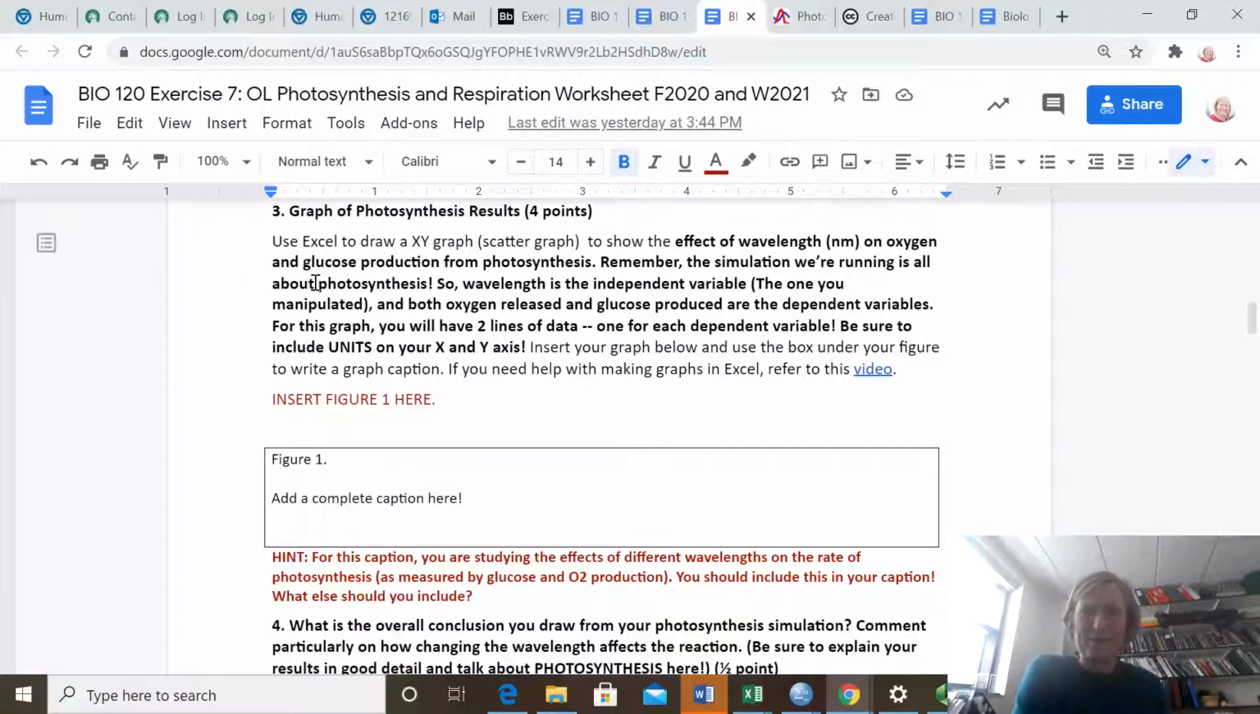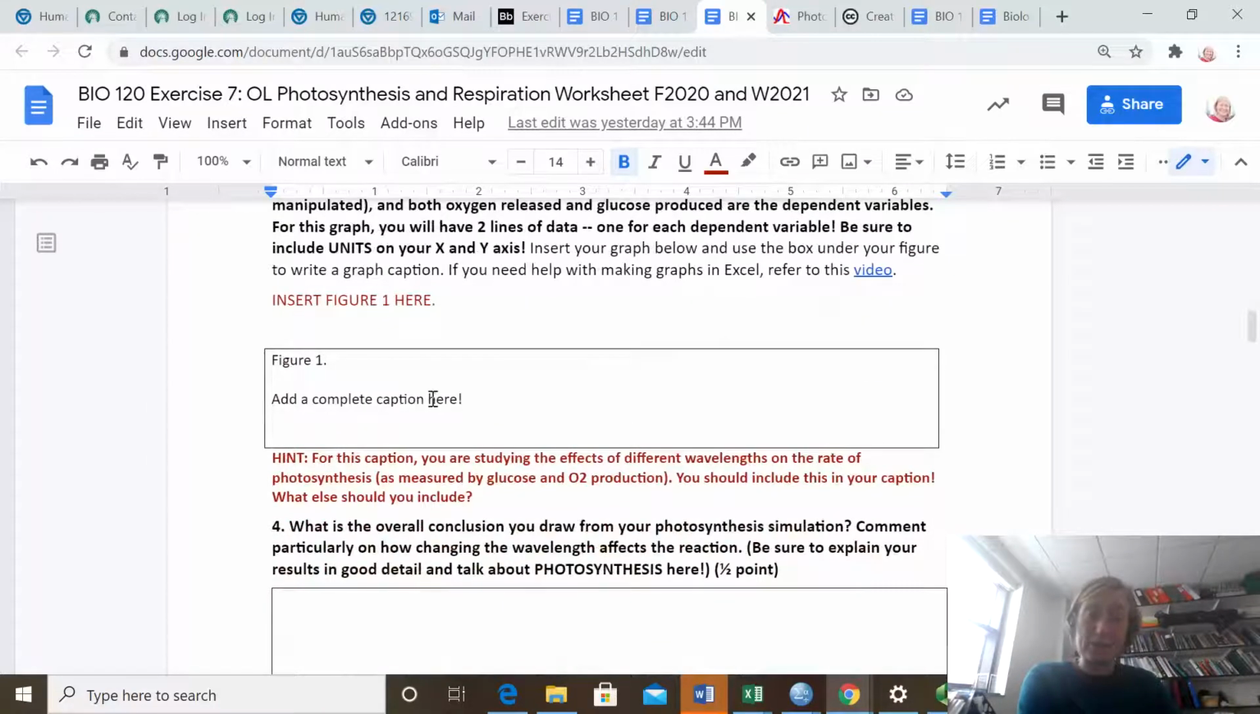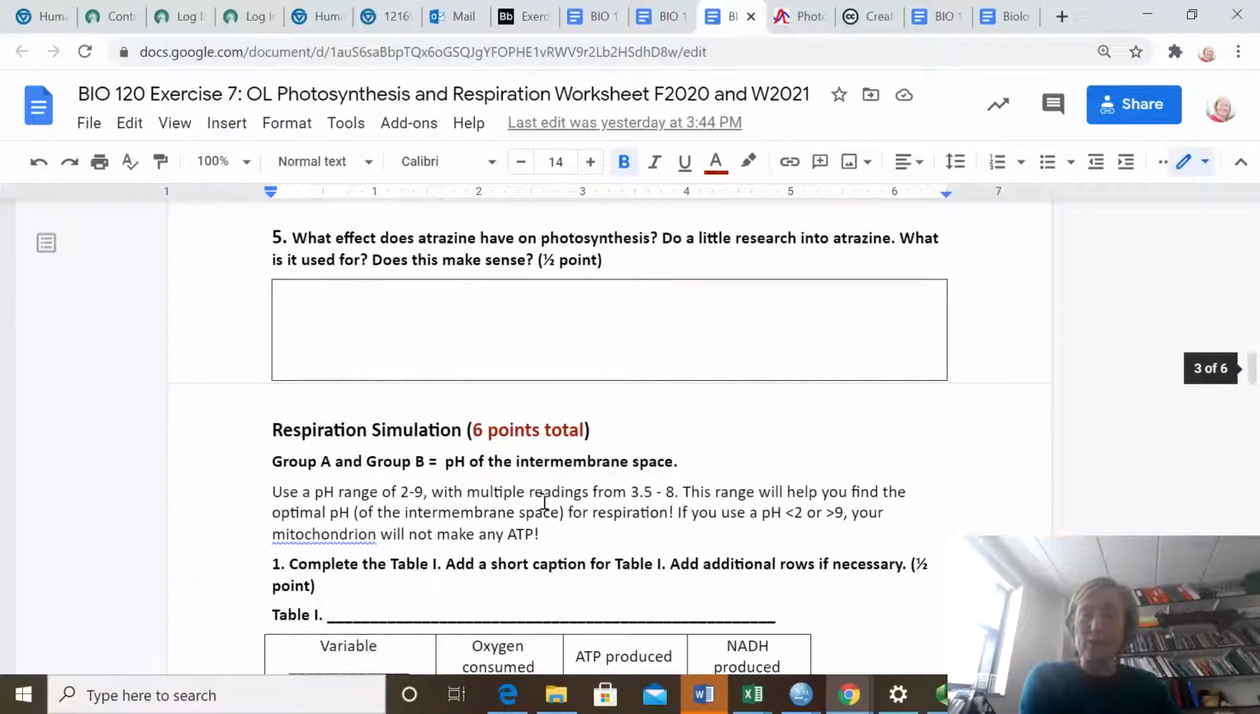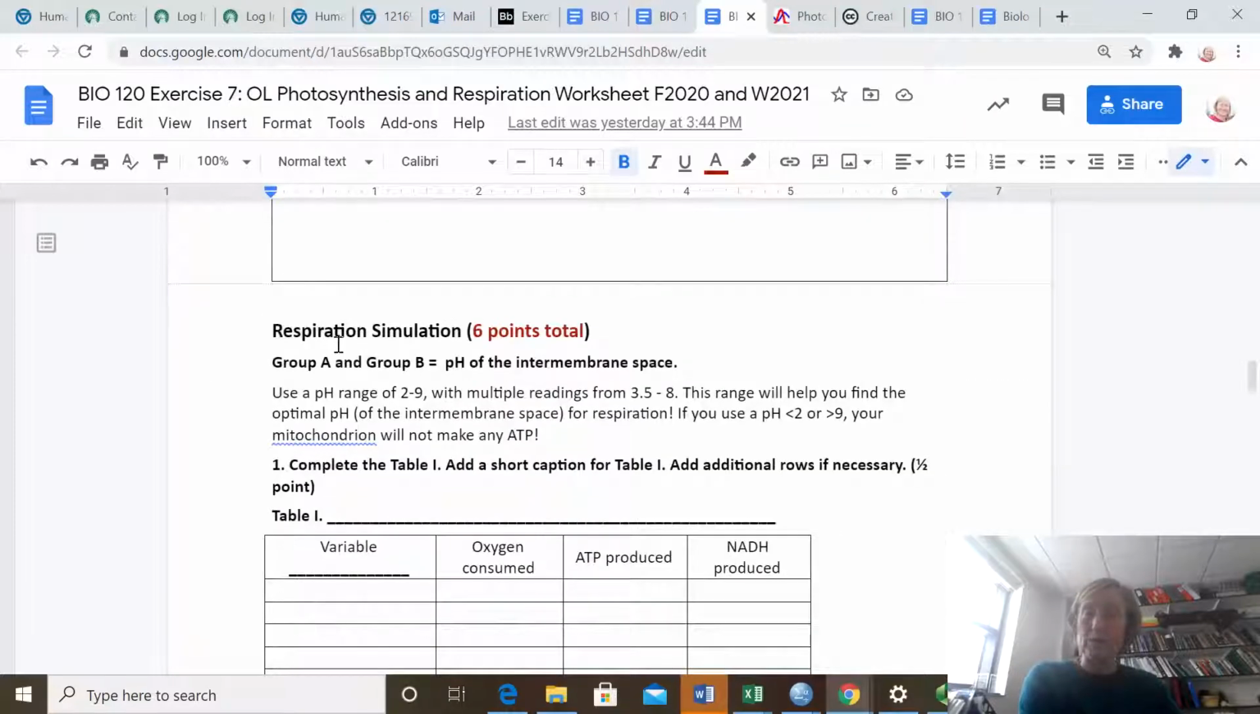Did I say that wrong? The wavelength is going to go on the x-axis. The y-axis will have oxygen and glucose produced. Okay? Make sure you get that right. Add a good caption. Add some information about drawing your conclusions, and then we're ready to move on to the